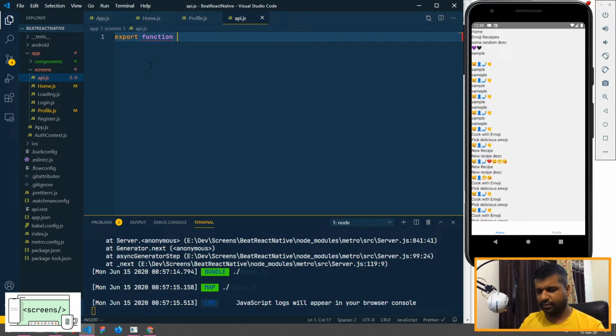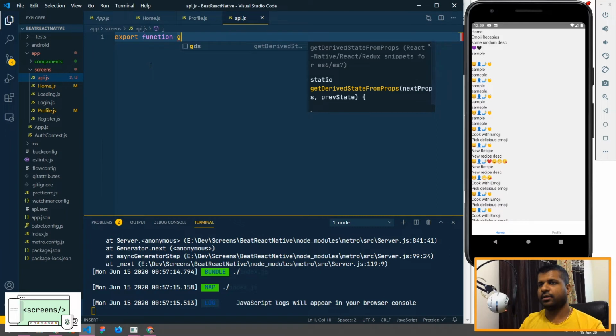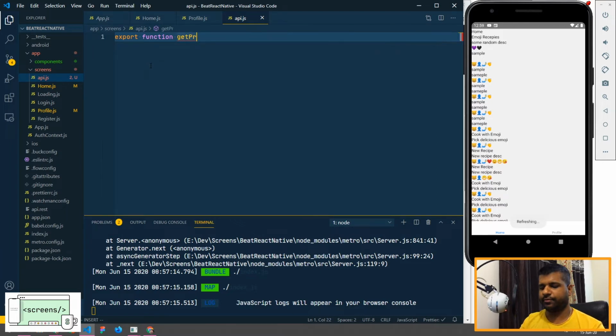First we need to create a function called getProfile. Okay, so getProfile. GetProfile will take basically a token.